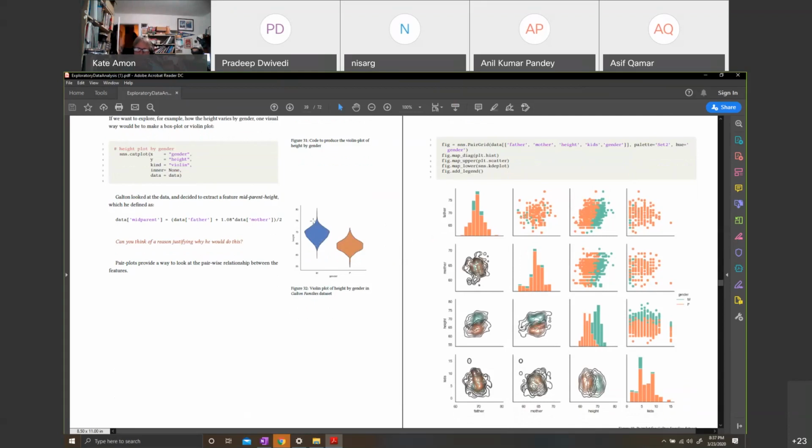So this shows you the height distribution. Clearly, the men are taller than women on average, right? This is a violin plot. It is very much like a box plot, just a prettier version of the box plot. A little bit different, actually. It's not exactly what it talks about, but I won't go into the technical detail.